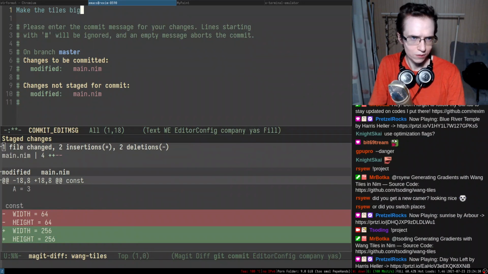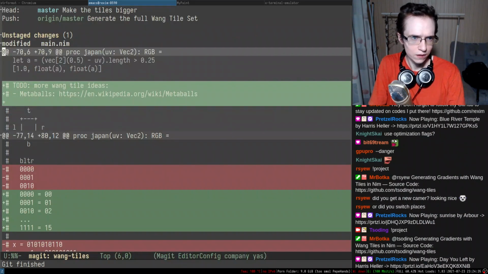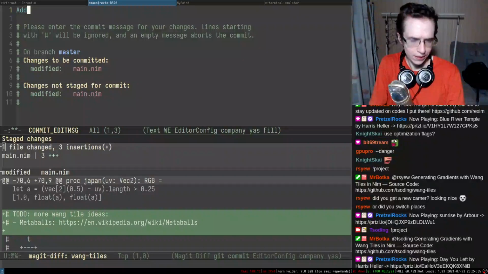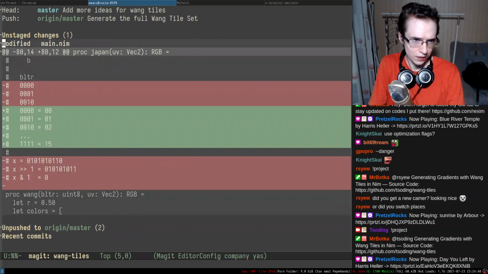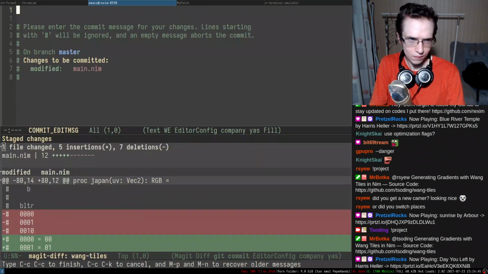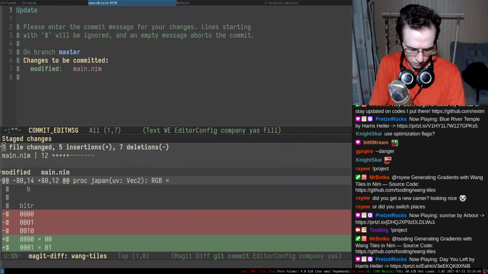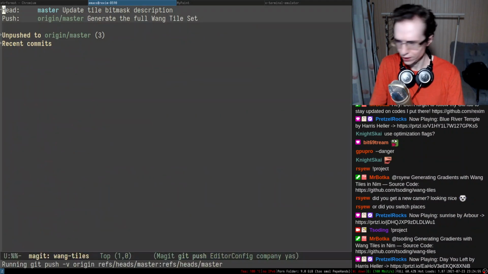Make the tiles bigger, then add more ideas for Wang tiles, and update tile bit mask description. There we go. And I'm gonna push that right into the repo.